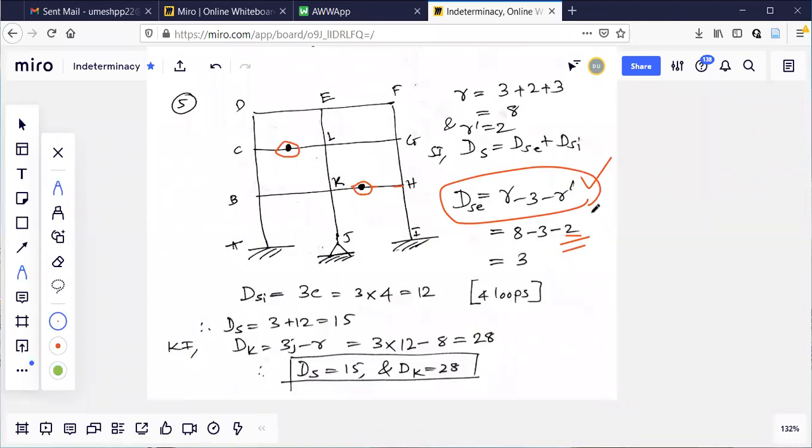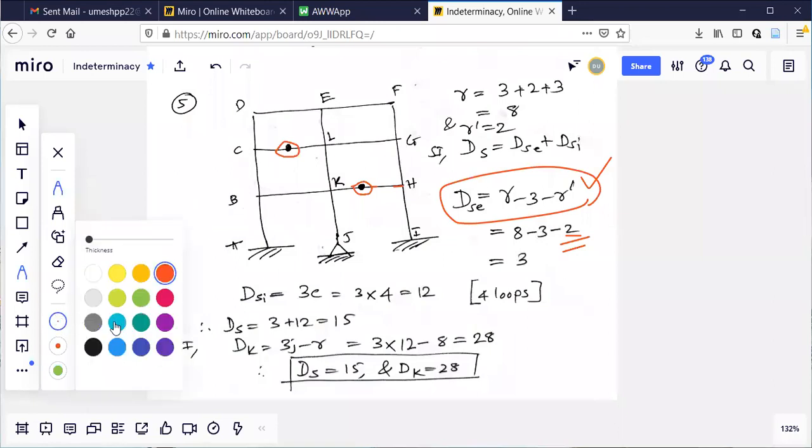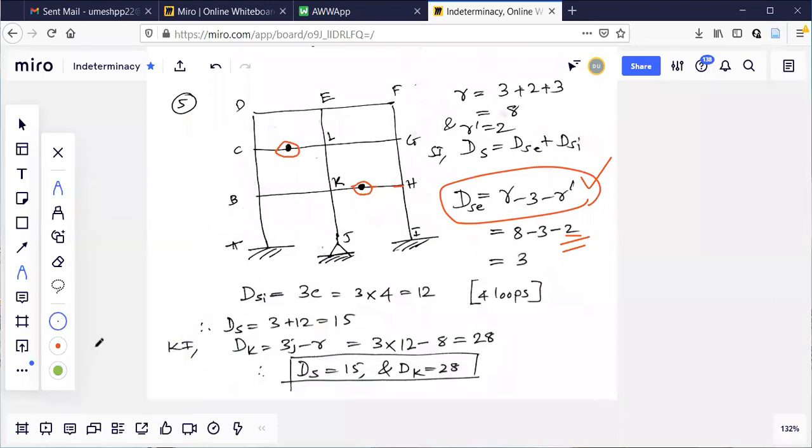Now I will put one more hinge and let us see what will be the value of R dash. You have to tell. I'll put a hinge here, observe. I'll put a hinge at one more place, even though it is not there for this solution, but just to make the R dash calculation clear. I'll put one hinge here now. Observe here. You should tell me what is the value of R dash.